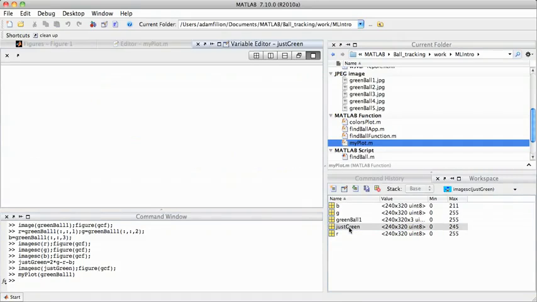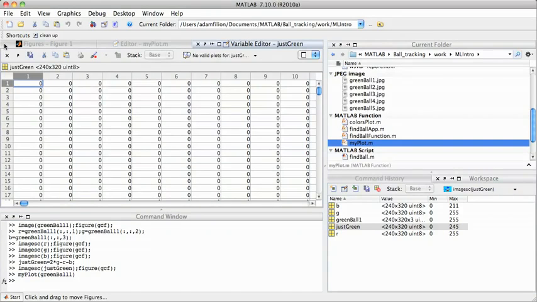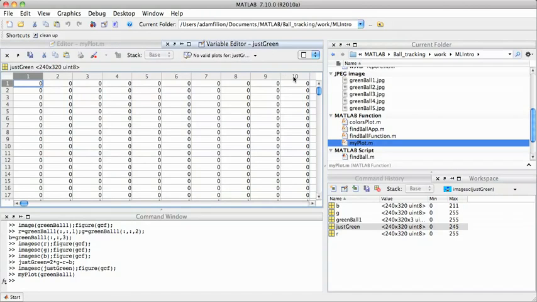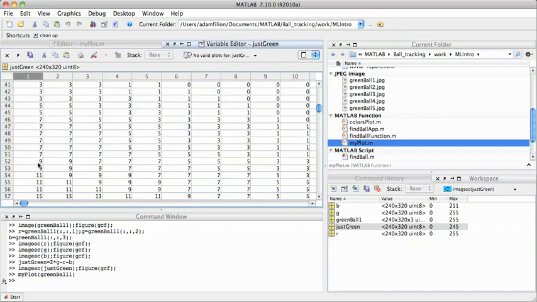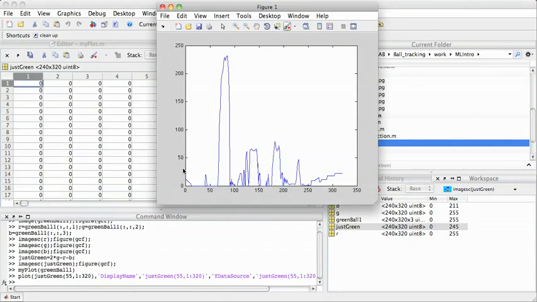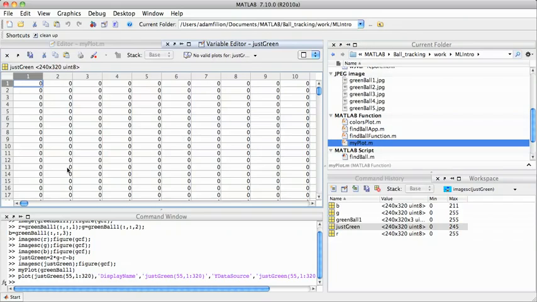Now if we wanted to look at these white pixel counts, we can open up just green in the variable editor, scroll down to a line, say 55, and notice that there's a little GUI plotter up here as well. So we can click on this, and we can get a line plot of the white pixel count for the grayscale of just green in line 55. So this is a nice way of looking at subsets of data using the variable editor. And so hopefully that gives you a few tips and tricks that you can find useful for exploring your